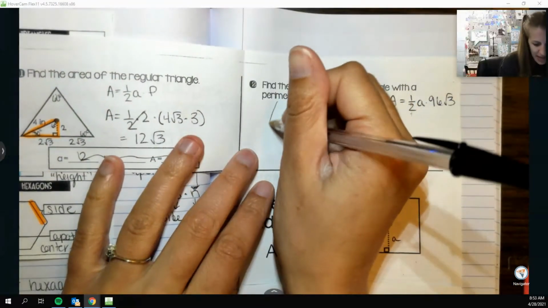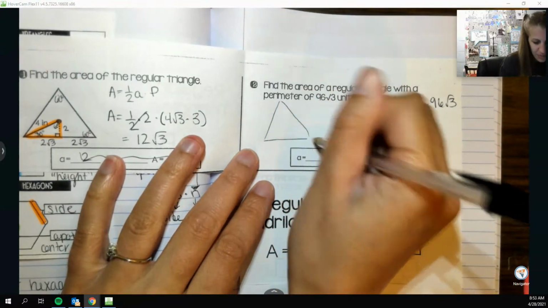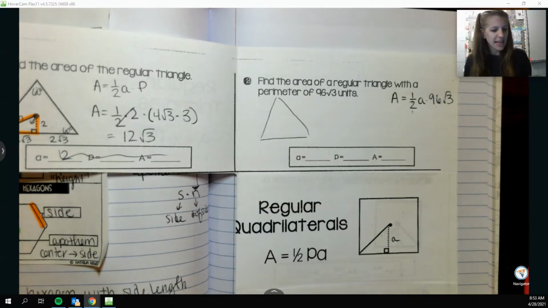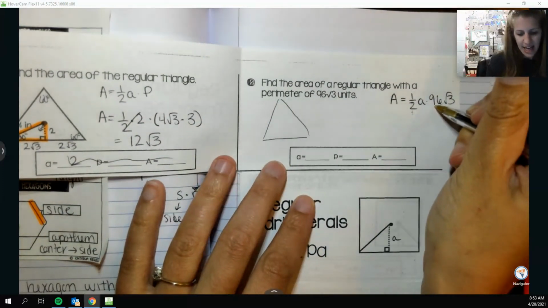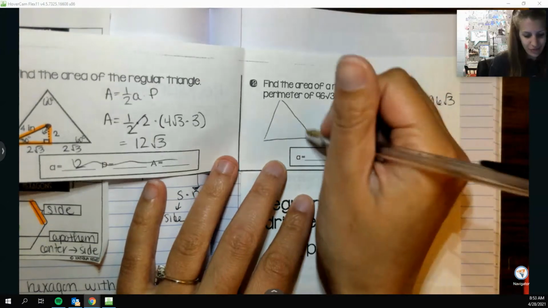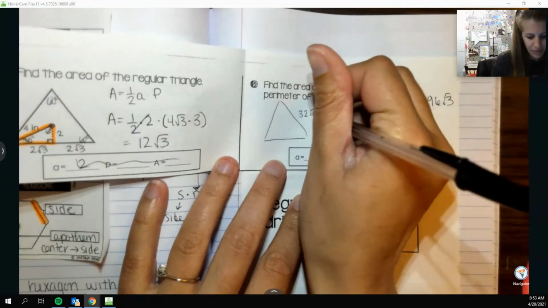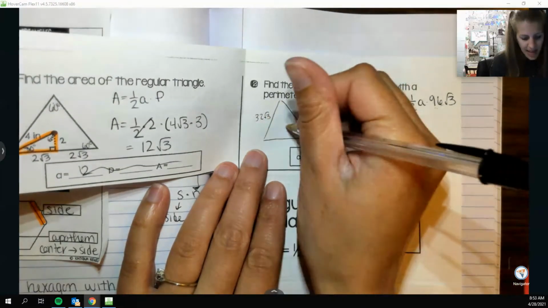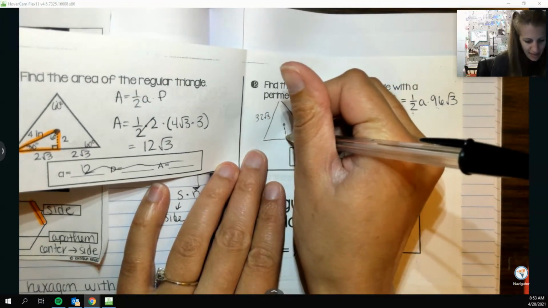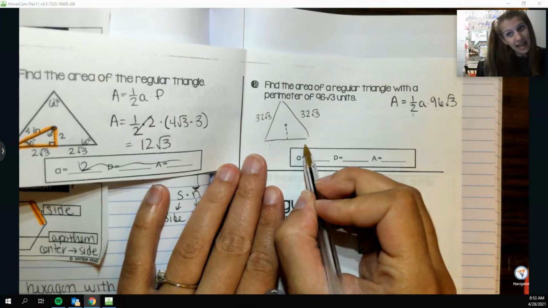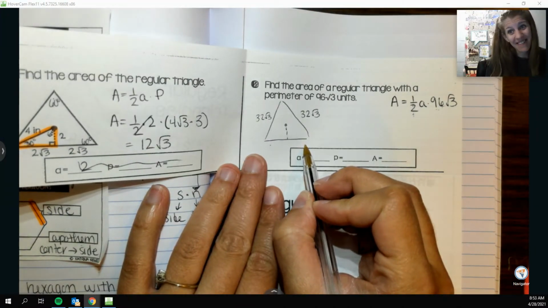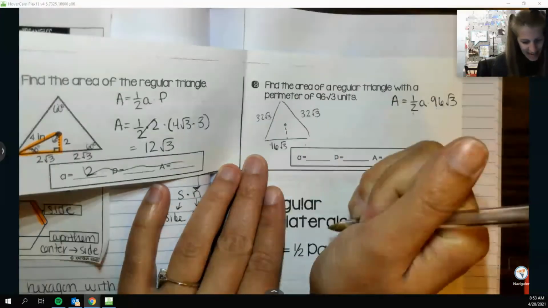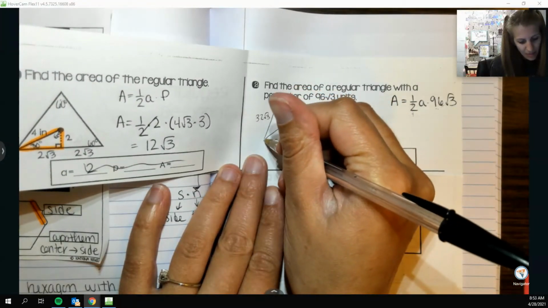Well, if we think about this, if it's a regular triangle, and that's the perimeter, I can split it equally between all 3 sides. So if I divide this by 3, I get 32 root 3 for each of the sides. But then when I draw this apothem in there, it splits that 32 root 3 in half again. And so I kind of have 16 root 3 on either side,